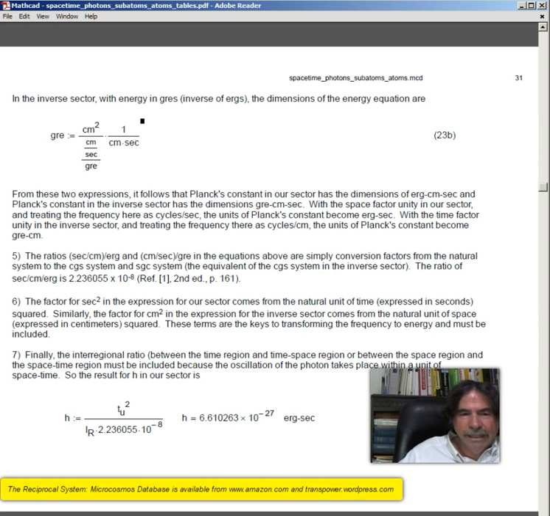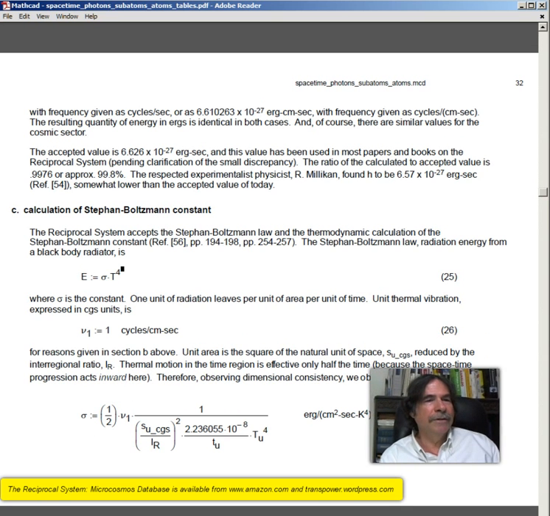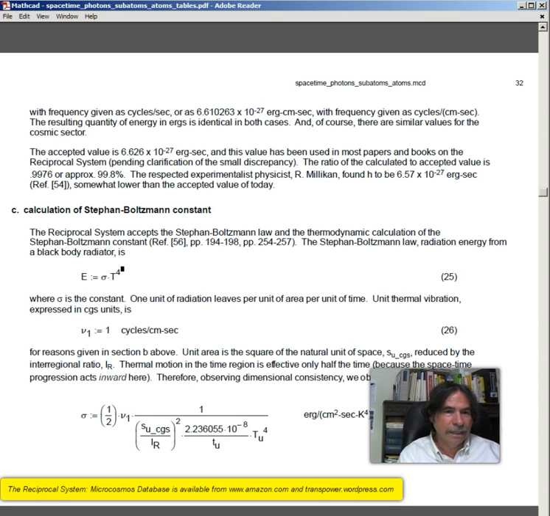And that gives us h equals 6.610263 times 10 to the minus 27 erg seconds, with frequency given as cycles per second, or as 6.610263 times 10 to the minus 27 erg centimeter seconds, with frequency given as cycles per centimeter second. The resulting quantity of energy in ergs is identical in both cases, and of course there are similar values for